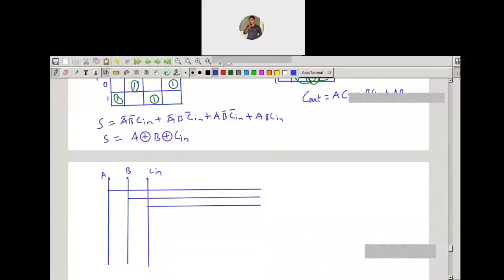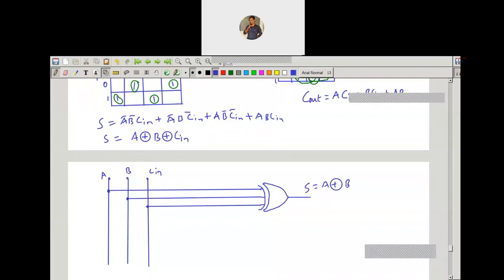So the sum of the full adder is A XOR B XOR C. We'll take three inputs A, B, C, and use the exclusive OR gate. And the sum is A XOR B XOR Cin.